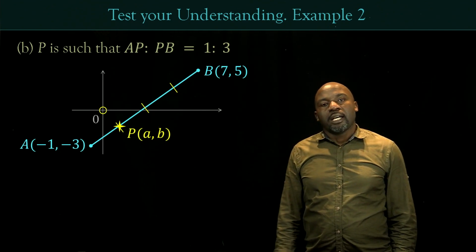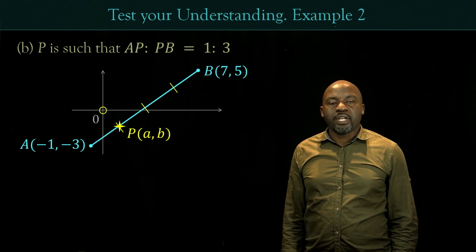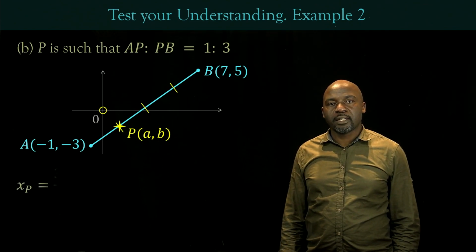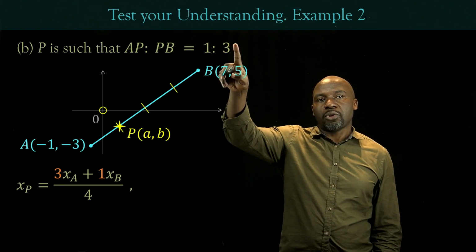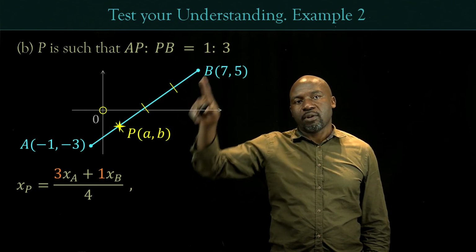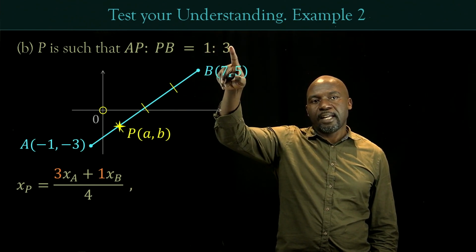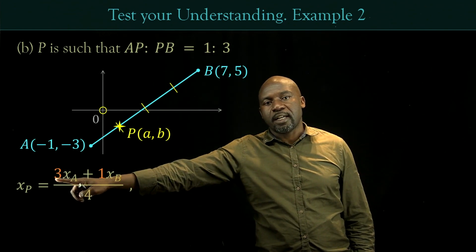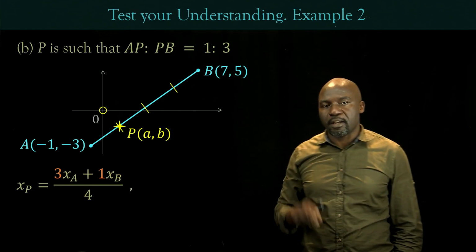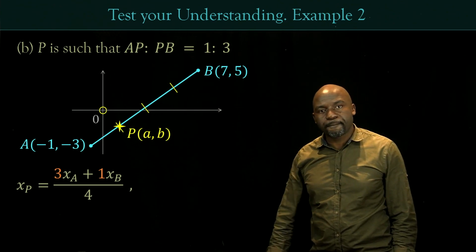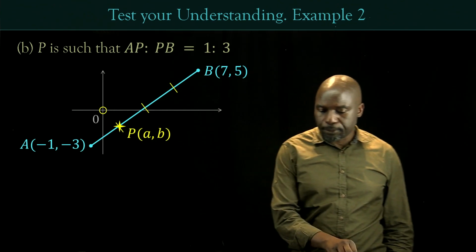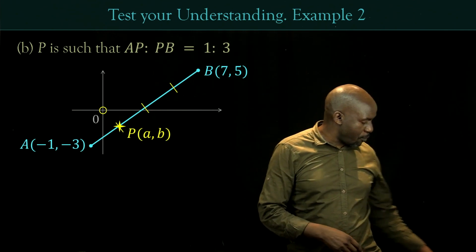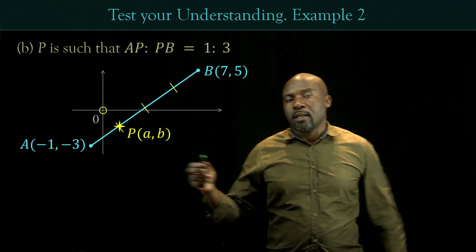So then in the x diagram, we are doing the same thing using the same formulas. Remember the formula for this. So the ratio is 1:3. So when we come here, if this is M and that is N, the N comes to this side and the M comes to this side. If you remember the formula that we used for this, the formula we came up with was that the x